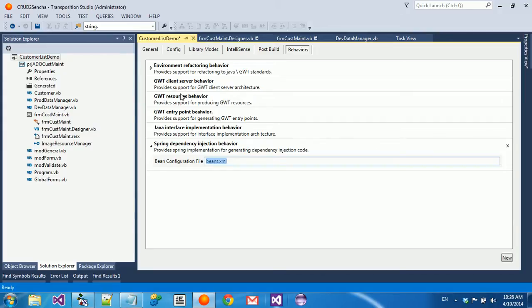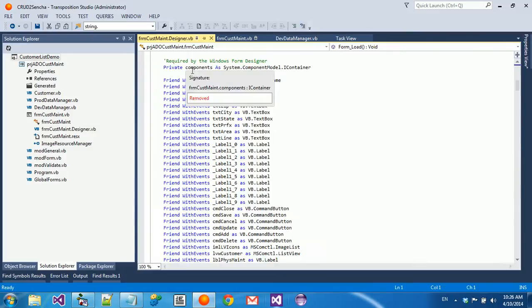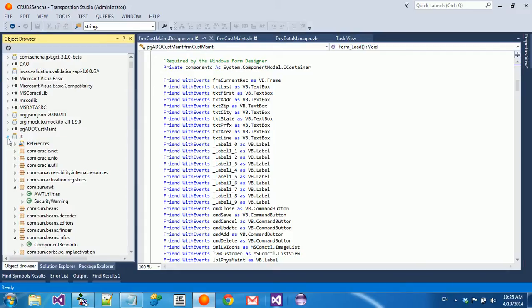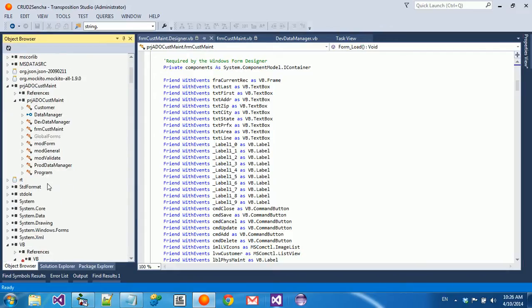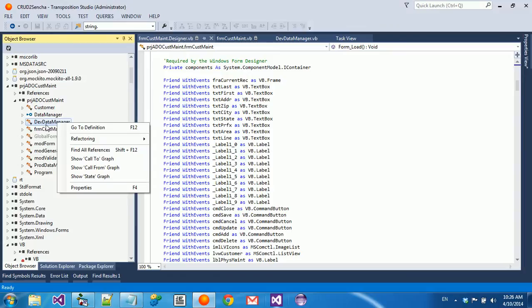When we added this behavior into our solution, we actually enhanced the UI to support different features of defining how we're going to do the client-server splitting. So what I'm going to do now is open the object model of the solution, and we've done a few things here. First, if I take this,